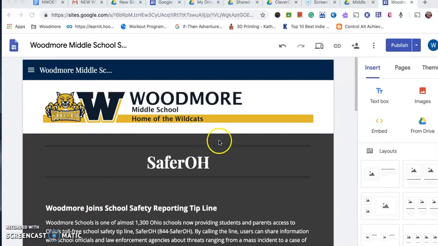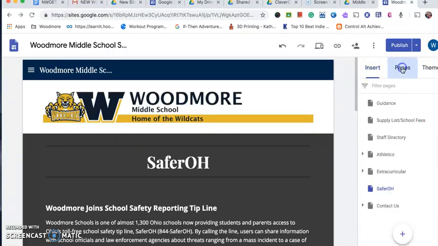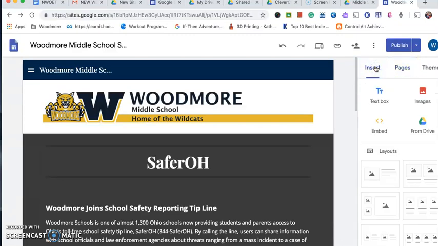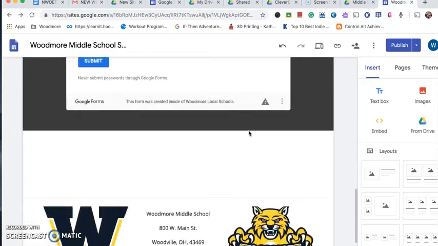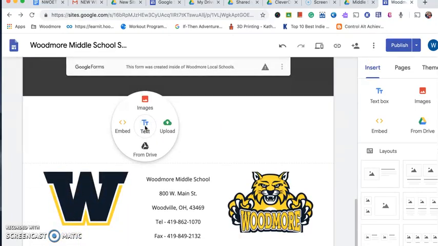Okay, there's really only three tab-like things that I need to explain to you. Insert, I'm going to explain the insert menu. You can click on those by putting your mouse right on top and clicking on them. If I want to insert anything, and you can also get this through a left double click, but if I want to insert text box, image, embed, something from my drive, I can do that here at the top of